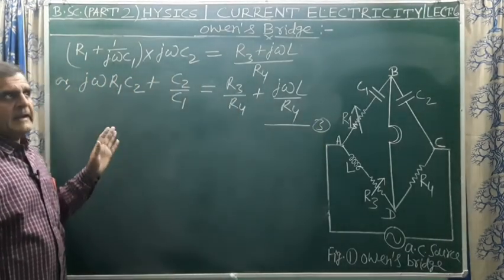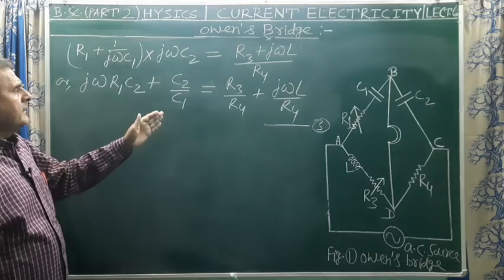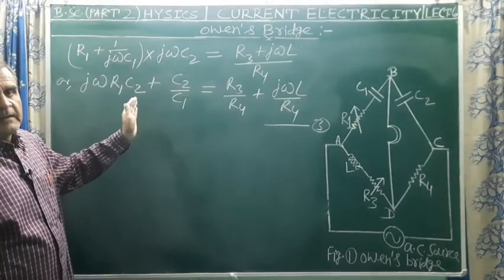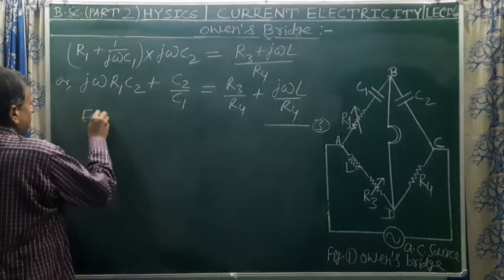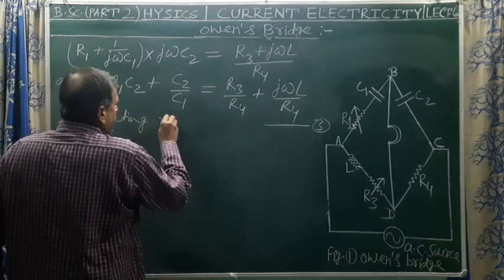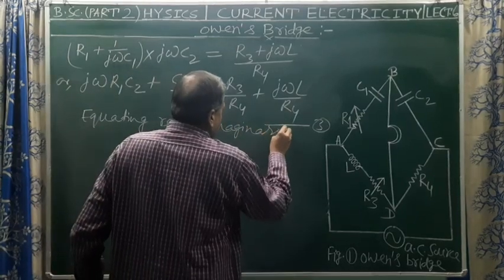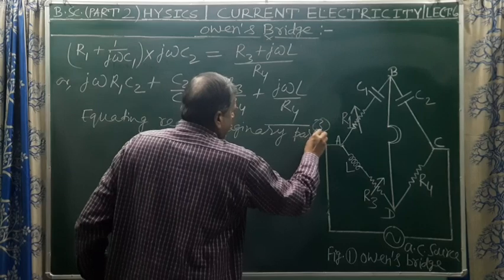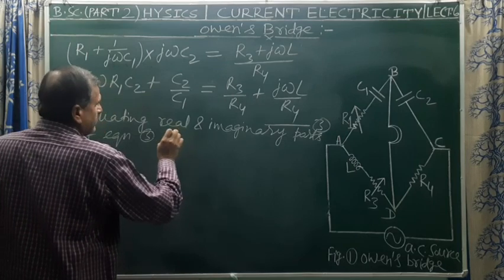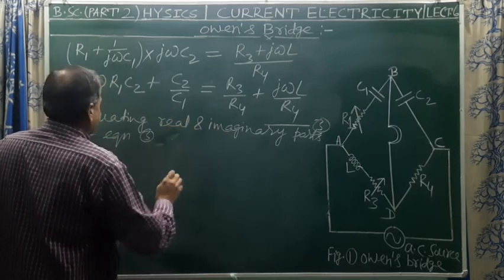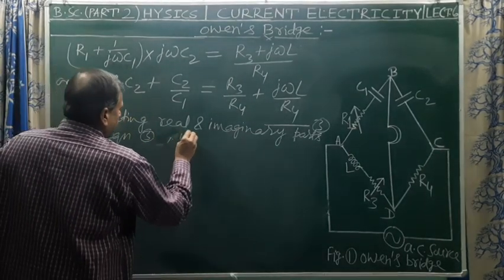Now equating real and imaginary parts, that is equating real terms and imaginary terms in both sides of equation 3. Equating real and imaginary parts in both sides of equation 3, we get